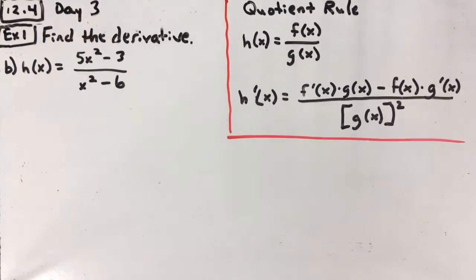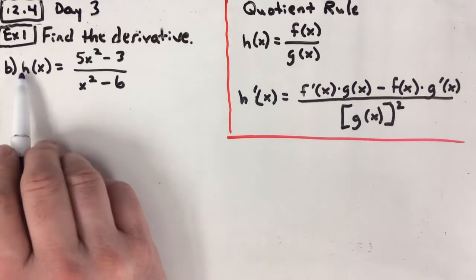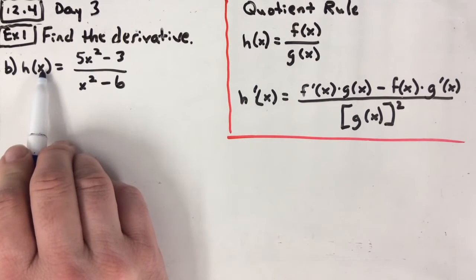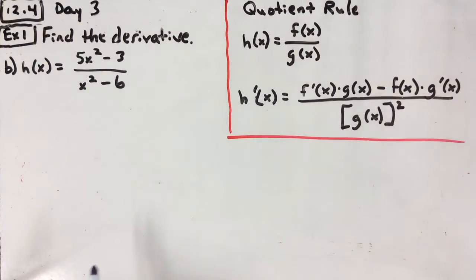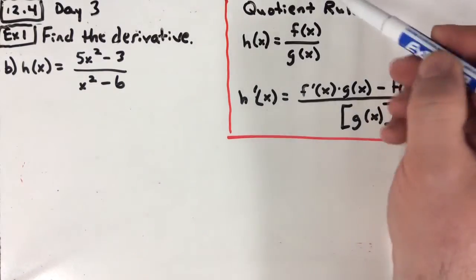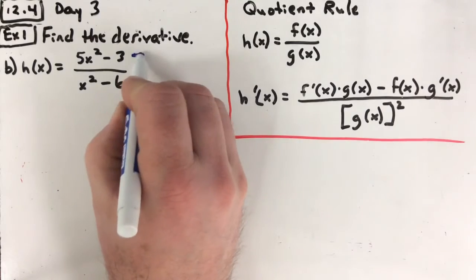12.4 Day 3, Example 1b. Here is h of x. Again, they might use a different letter here, maybe a different variable, but you can always change it to h of x if that's what you would prefer. Quotient rule says that we want to